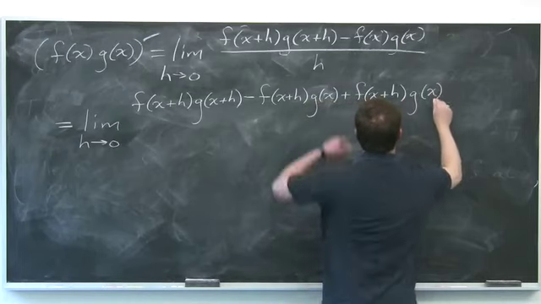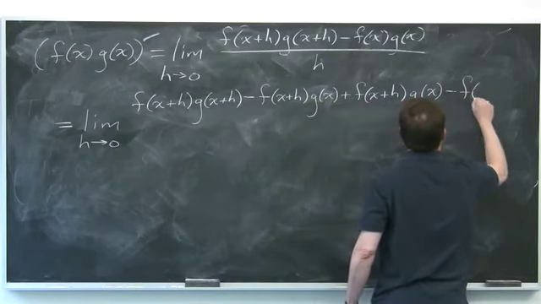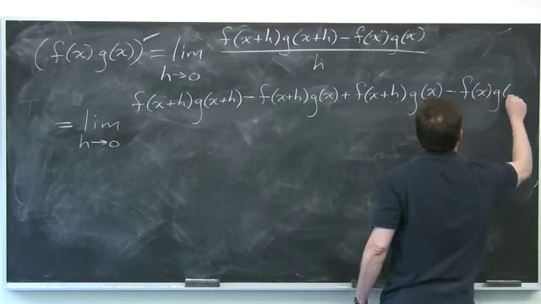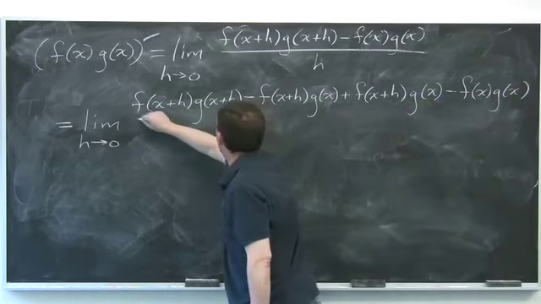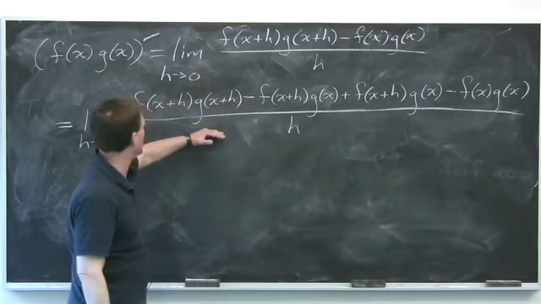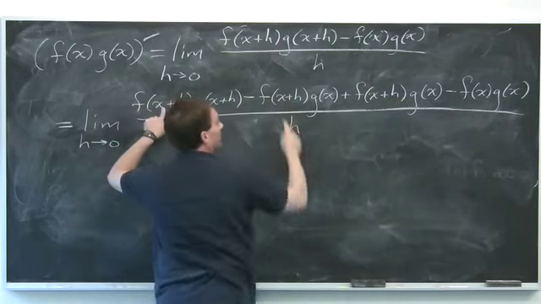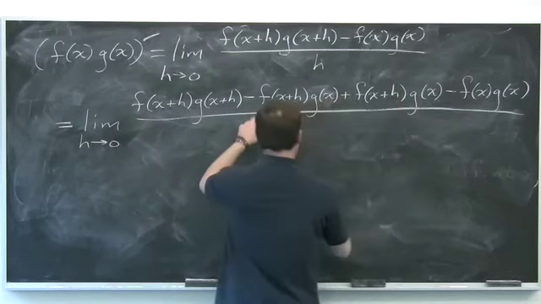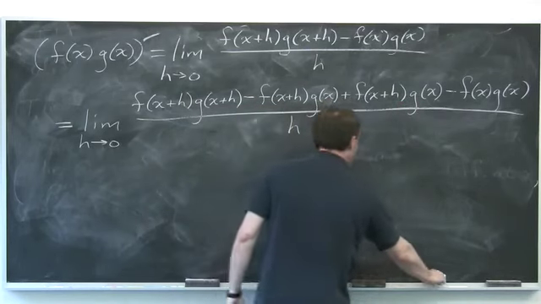And then I still have to subtract the f of x times g of x. Why on earth would you do this? So what have I done? Why does this equal this? Because this part's the same, this part's the same, and all I did here in the middle was add 0,